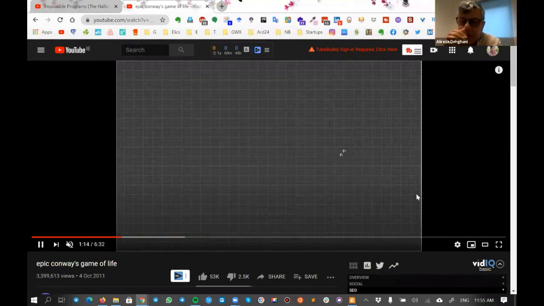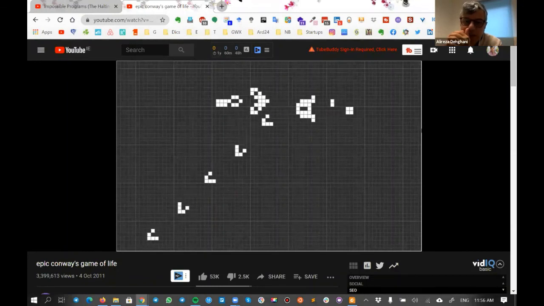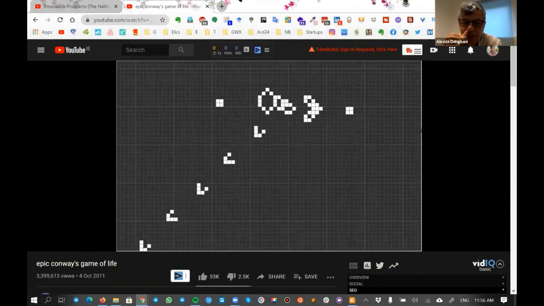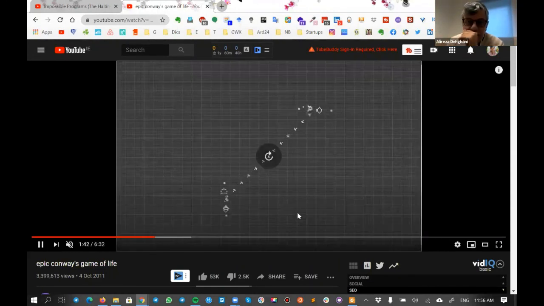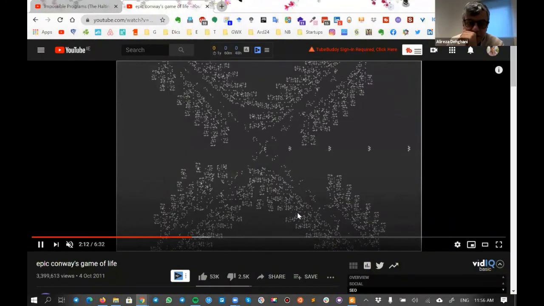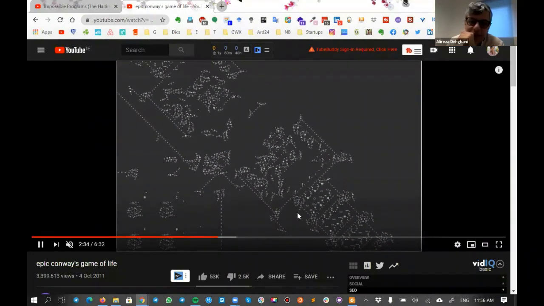So that's an example. As you can see, a specific configuration works like that. That's another specific one. It looks like an oscillator case. You can see it oscillates and it is repeated. And then you may have other cases. See, that's really interesting. Interesting pattern. So it gets bigger and bigger.